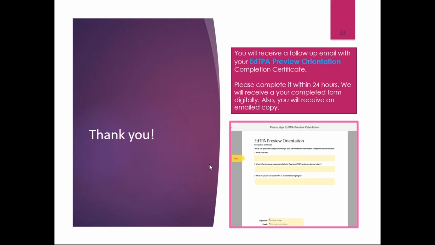The alternative timeline, will that be provided to us? That is posted in the PLN, so I do encourage you to get into the Professional Learning Network, log in with your GCU portal credentials, and remember, click on Groups and EdTPA, and you will see all of the EdTPA resources. Remember, this was really just an overview. You don't have to remember all of this right now. We're going to be going through everything in the workshop, that 1 to 2 week workshop.